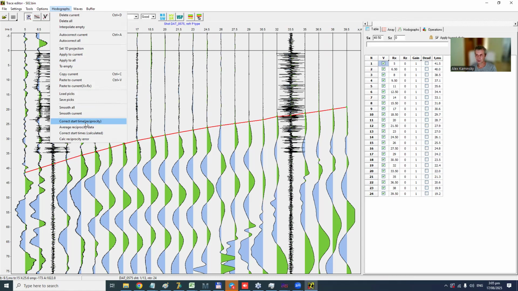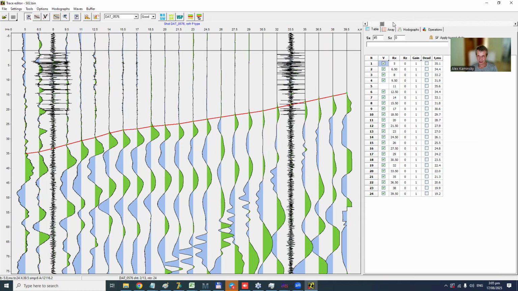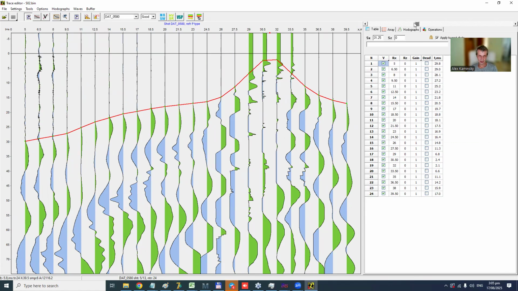But the problem is that we have only relative estimates of trigger time from this procedure. So it's corrected, but the level can be wrong. So I can recommend another trick. If your geometry is okay and topography elevation is inputted, you can use a special trick for finding trigger time. For example, very often we can see in our data